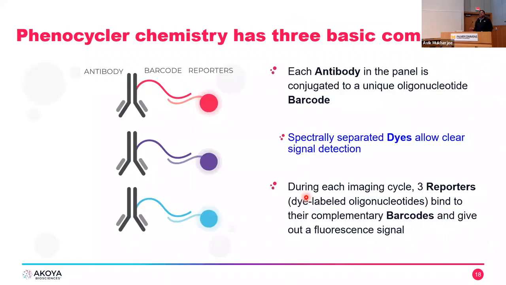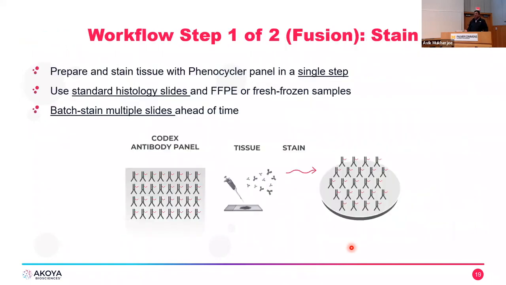The basic chemistry is that each antibody is conjugated to a unique oligo barcode. The 3 spectrally separated dyes used here allow clear signal detection. And during each imaging cycle, 3 reporters go and find their complementary barcode on the primary antibody, give out a fluorescent signal, and that is imaged. This is the very basic of the technology. This technology, some of you may know, came out of Dr. Gary Nolan's lab at Stanford, and at Akoya, we are the people who are commercially making it available to all